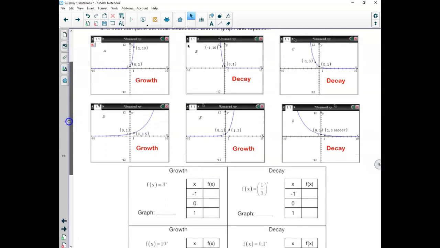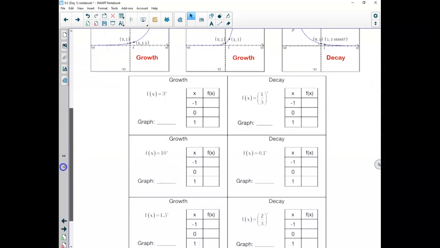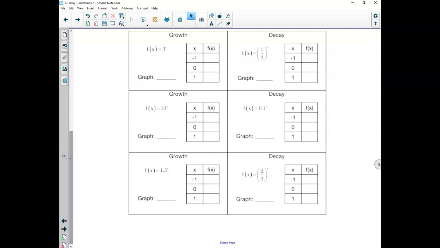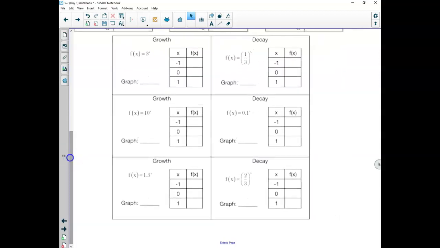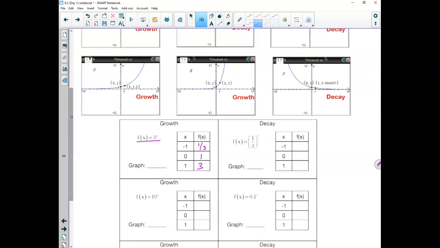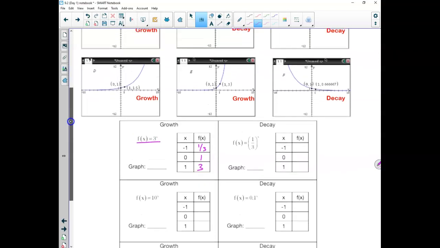Next, I'm going to hit pause, and this should only take you a minute or so. I want you to fill out these tables of values here. They're giving us a function, and you need to fill out the type. What is 3 to the negative 1/2 power? Please don't give me a decimal, guys. Give me it as a fraction, a third. What is 3 to the 0? It's 1. What is 3 to the first? It's 3. Fill out the rest of these tables, and then we're going to match each table to which graph it is, and there's a logical way to do this, okay? So why don't you hit pause